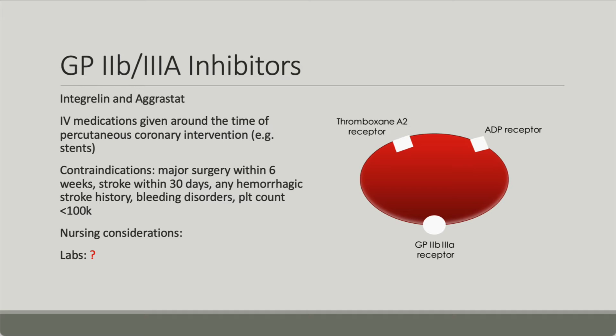is an IV medication that we give that hits the GP2B3A receptor site, and that really messes with this platelet. It essentially makes the platelets not work at all. And that's exactly what we want when we're actively doing a stent or an angioplasty or something like that. We don't want any mischief from those platelets while we're doing the procedure, all right? It's a controlled environment. We have to deploy the stent. And we know that we're injuring tissue when we do that, right? But we don't want the platelets to do anything about that tissue injury.